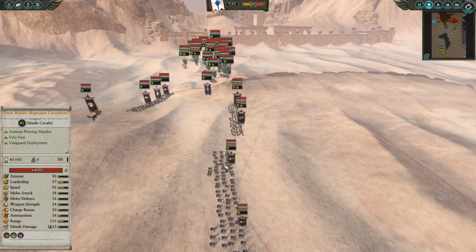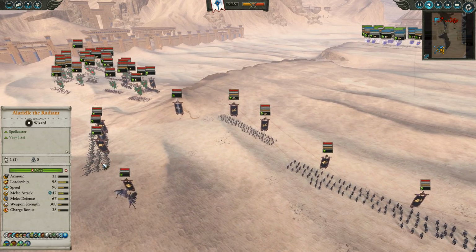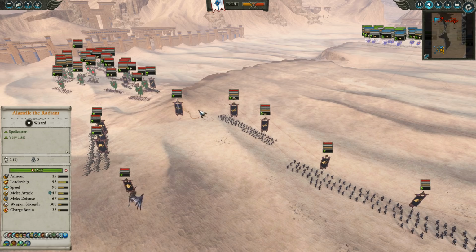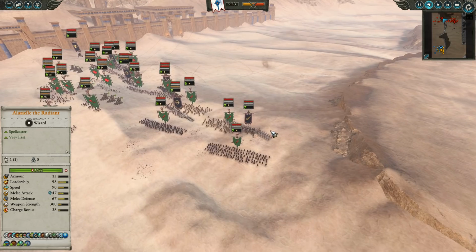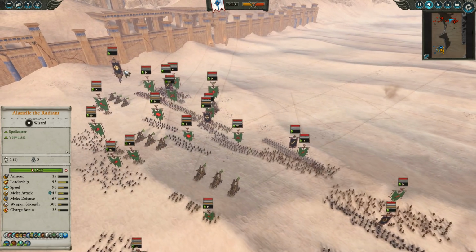Then for the Dark Elves, we've got a very heavy ranged build from them. Repeater Crossbows, couple Shades, got a couple Cold One Knights here with a Dreadlord Sword and Shield, Feral Manticore, which is an interesting choice certainly. Fire Sorceress. We've also got some more Bleak Swords and Dark Shards sort of supporting the Skaven formation, as well